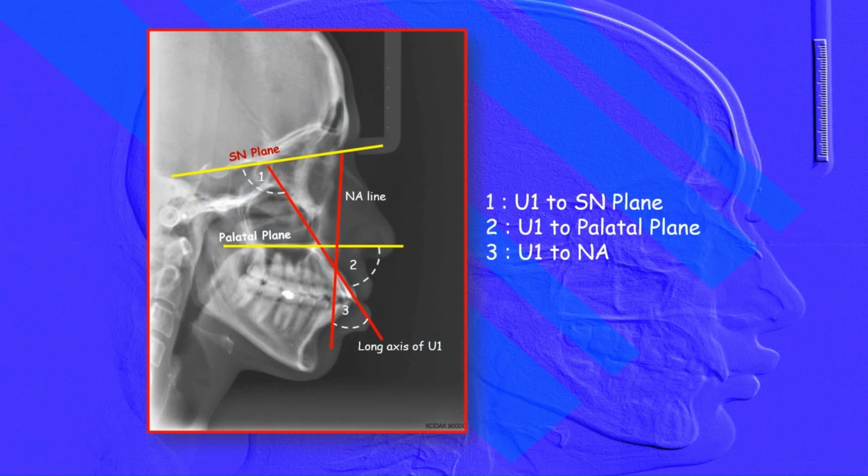In our day-to-day clinical practice, we quantify the inclination of upper incisors from a few cephalometric parameters like upper incisor to SN plane, palatal plane, and NA line. If the values from the upper incisor to the SN plane and NA line are less and the upper incisor to the palatal plane is more, then we consider that the upper incisors are under-torqued. However, these parameters are greatly influenced by the inclination of SN and palatal planes, thus masking the exact inclination of